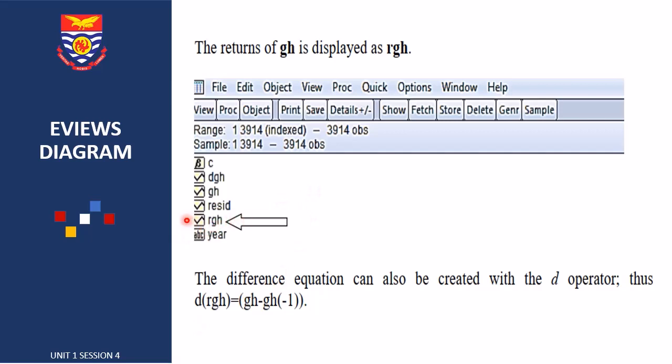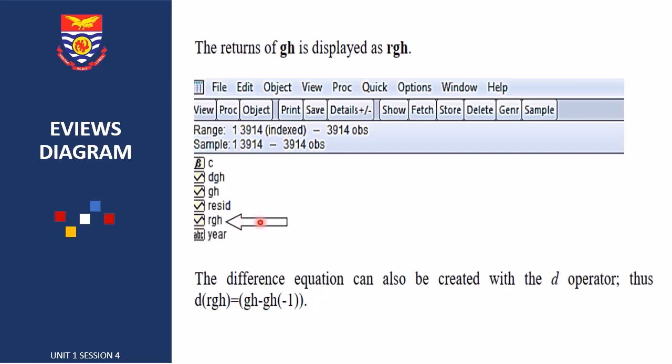After clicking OK, this additional data set is created. We could clearly see from the earlier diagram that we only had C, D, GH, and the E, but not the RGH. So the RGH is simply the additional data set that we created, which is the return series from our price series. We could clearly see the RGH with this, which is being indicated by this arrow,